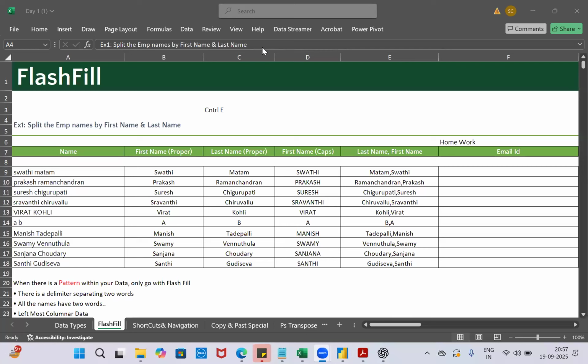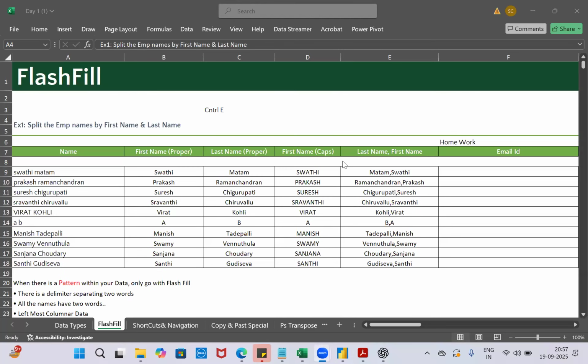Yes. Everyone done? Anupam done, Lijita done. Only two people are done, Anupam and Lijita. Others are not responding. Okay, fine, no problem.